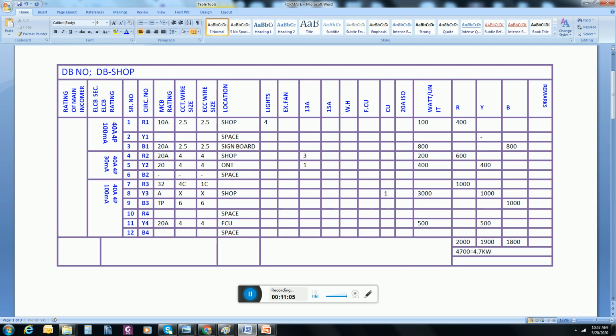It means that it is 4.7 kilowatt. What will be the rating of 4.7 kilowatt in ampere? It will be 8.178 ampere. And you know, if the ampere rating value is less than 40 ampere, we will use a main incomer of 40 ampere.